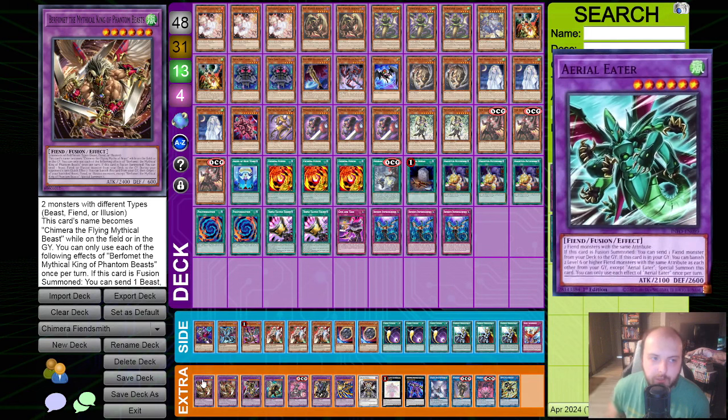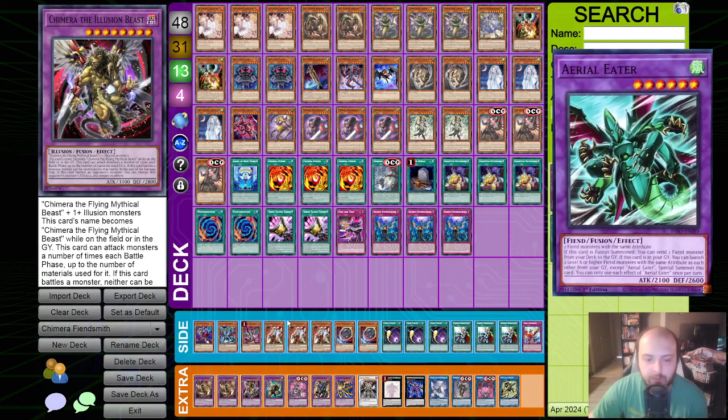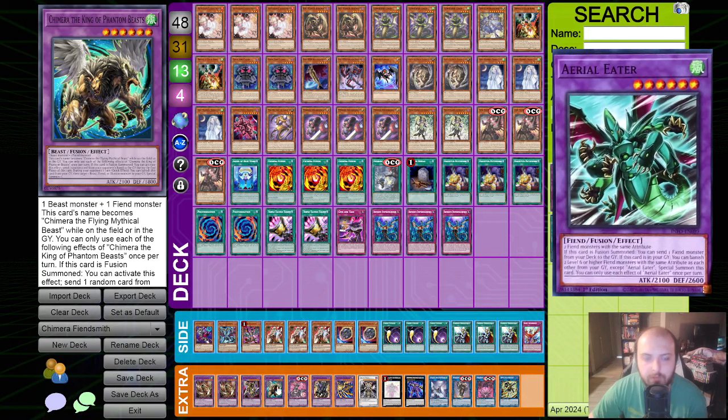I am running 2 of the Fusion Berfomet. This is still pretty standard. 1 of the OTK Illusion Beast, and then 1 of the King of Phantom Beasts. There's not really any need for more than 1 of the Phantom Beast, personally. There are builds that I do run around with that have 2 of him, because just having the second one in circulation can be helpful, but it's not a must, because